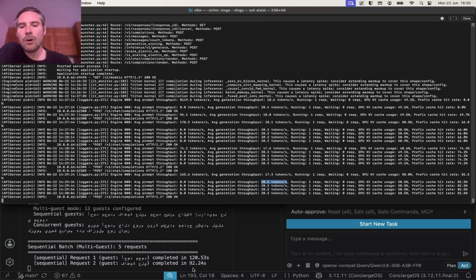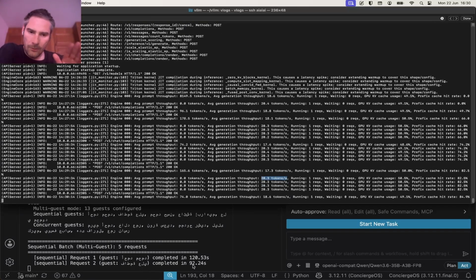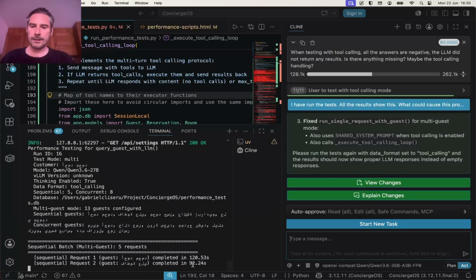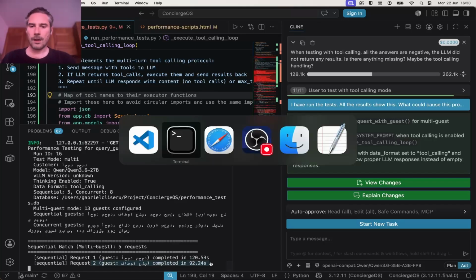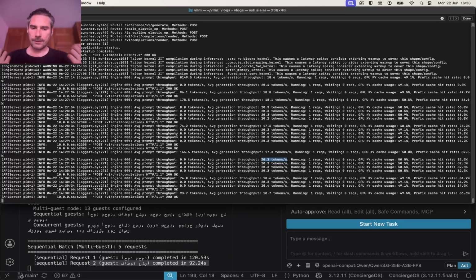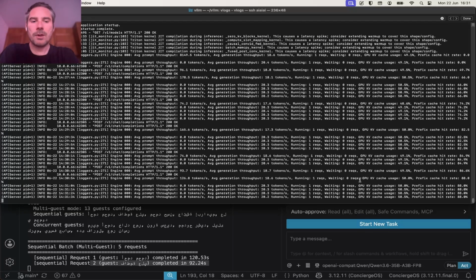Still, with tool calling, comparing this bigger model with the same version of the bigger model, even if we take into account the fastest data type, it's still half. I think the best that happened for guest number 2 in the other test was 120. Now it's faster, it's 92, the output. I'm curious if it will manage to bring all the reservations for all the guests, even in concurrency mode. I would like to be able to